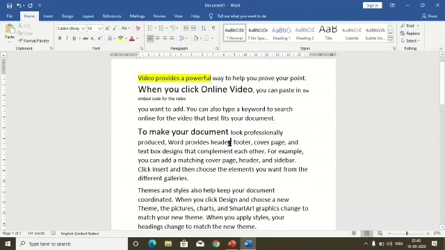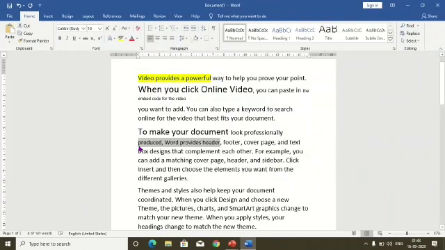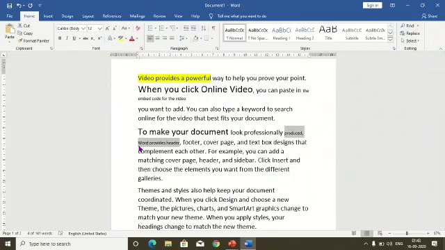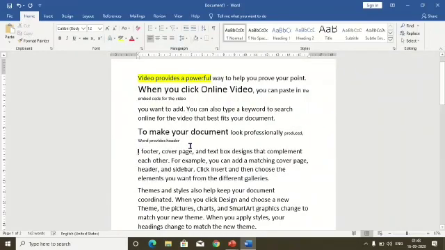Now next we see decrease font size. Without going here and choosing this option, I simply press Control plus Shift plus less than to make the font size small.